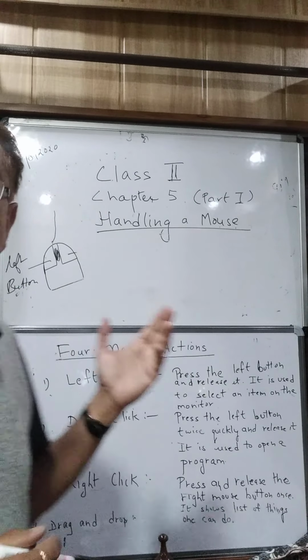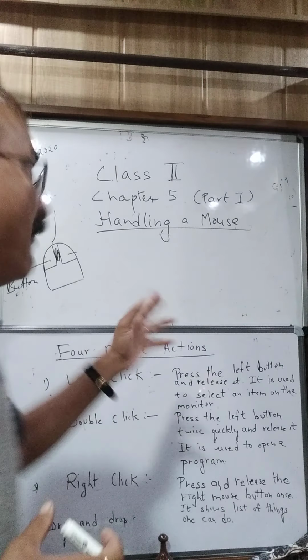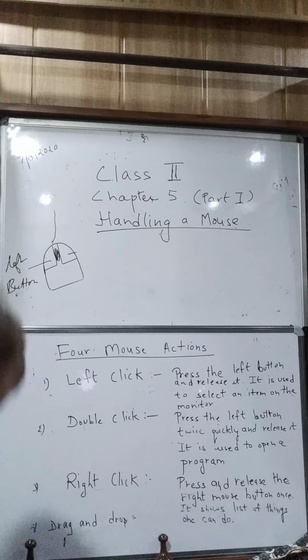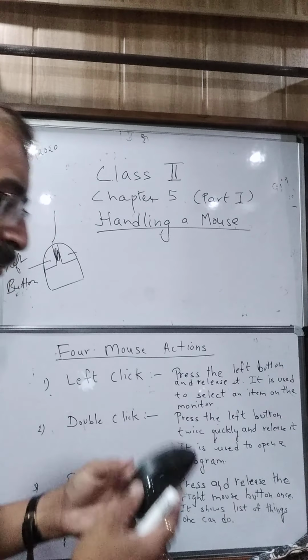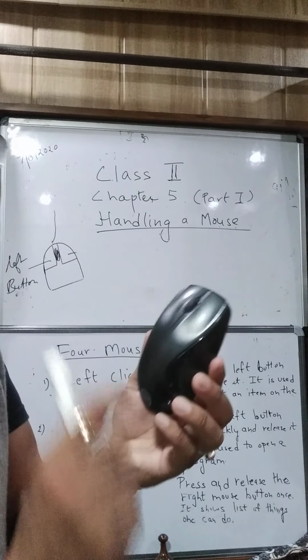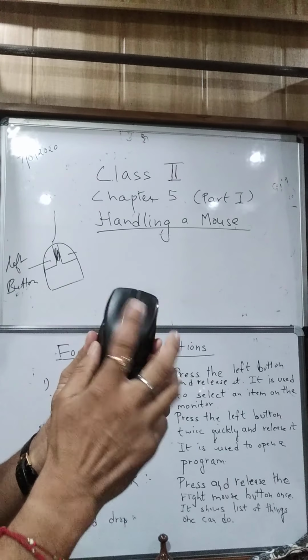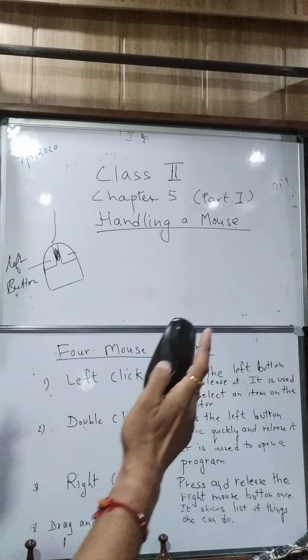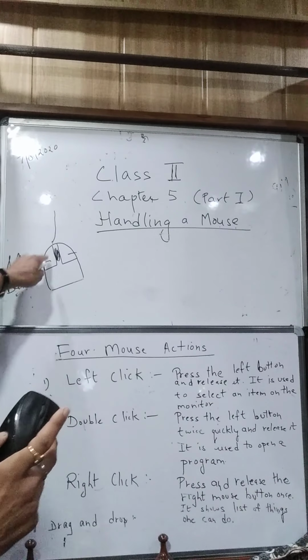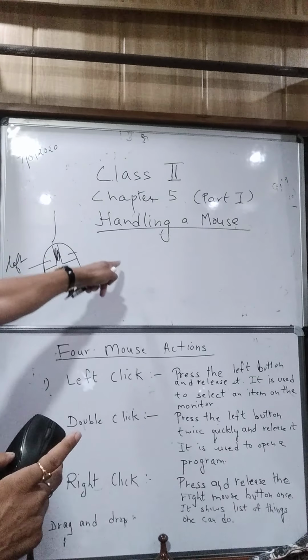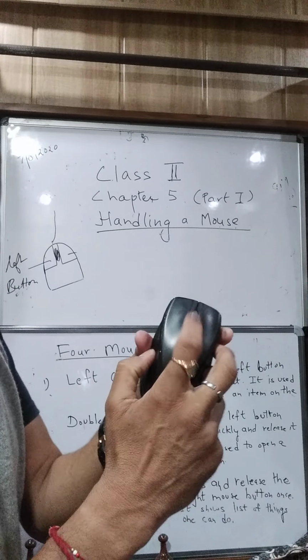Nowadays, we generally have a mouse with two buttons and one scroll wheel. I have a mouse here. If you can see, these are the two buttons. This one is towards my left, so it is called the left button, and towards my right, it's called the right button. And there's a wheel here. This is called the scroll wheel.